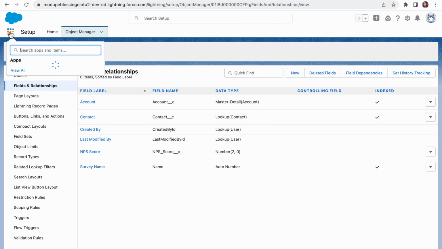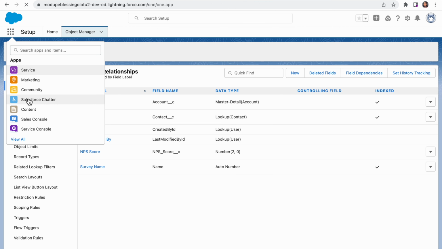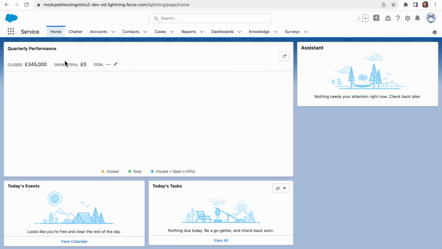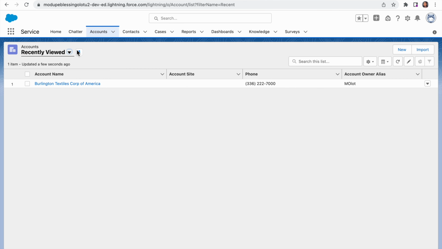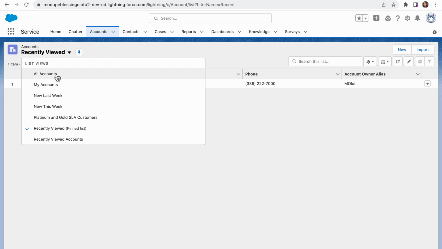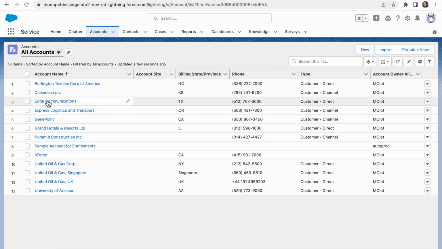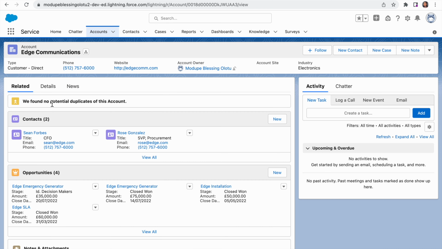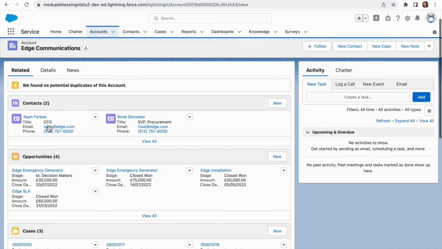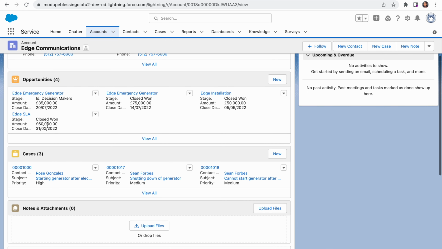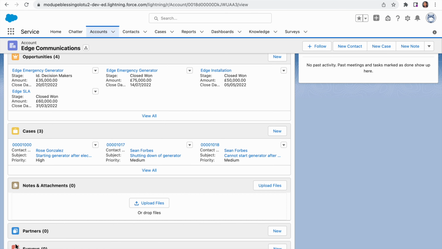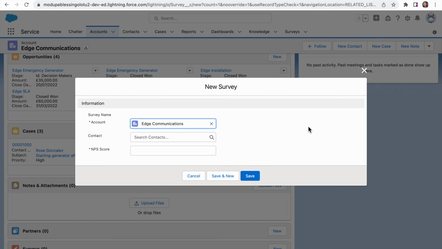So now let's just try how to see. So I'll just go to servers, then account, just to see. Oh, these are not real, by the way. They're just accounts that came with my free developer account. So here you can see survey on top. So I'm just trying to create a new survey for this account,